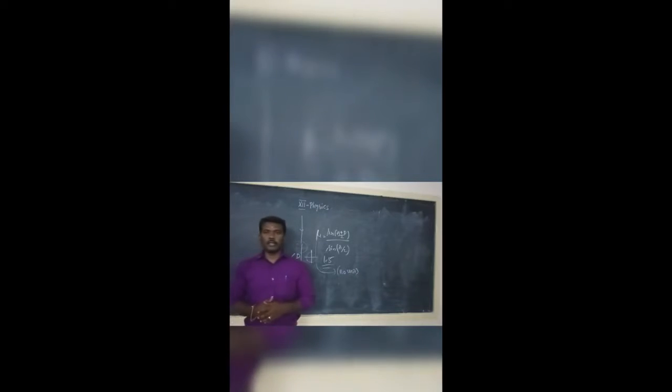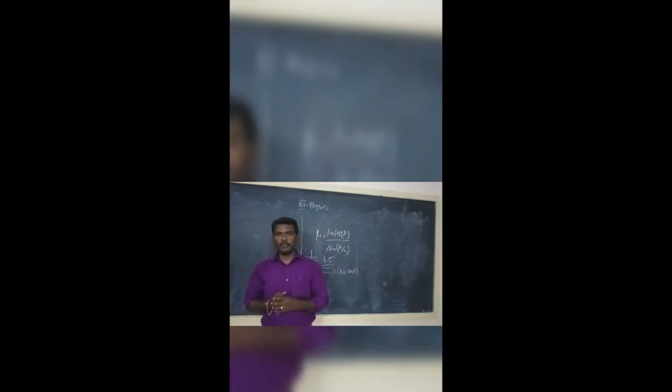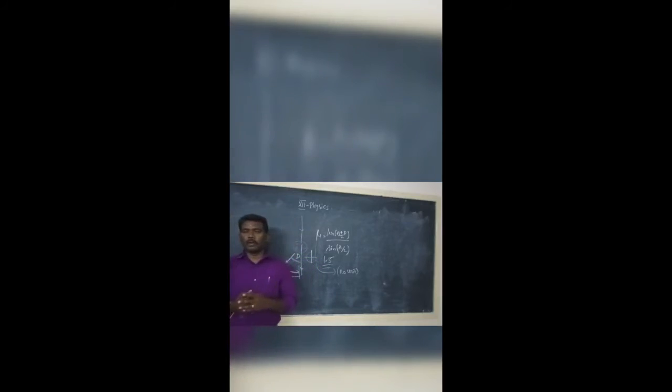So students, in this class we discussed the construction and working of some optical instruments, and I also explained the preliminary adjustments, the working, and how to determine the refractive index of the given prism. In the next class we are going to see the last part of this lesson. I am going to complete the 7th chapter, with all the numerical problems, example problems and the theory part. We will meet in the next class.